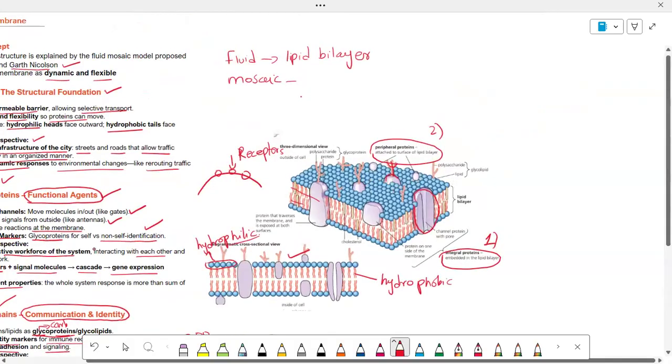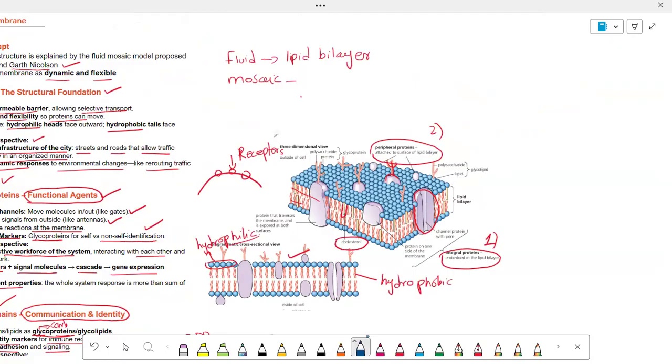Okay, let's see this diagram. I already told you these are the proteins. This is cholesterol that is embedded in the membrane. Okay, let's change the color. That maintains the fluidity or rigidity of the membrane according to temperature. And this is a polysaccharide chain, glycoproteins that are embedded in the membrane. All these components are embedded in the phospholipid bilayer and form a mosaic pattern. That's why we call it the fluid mosaic membrane.